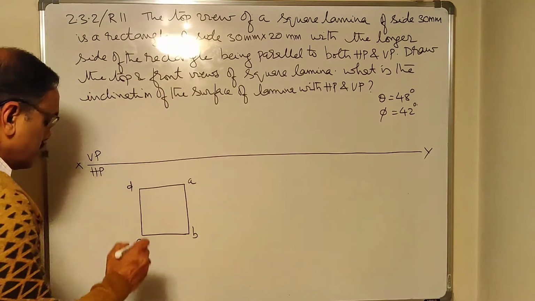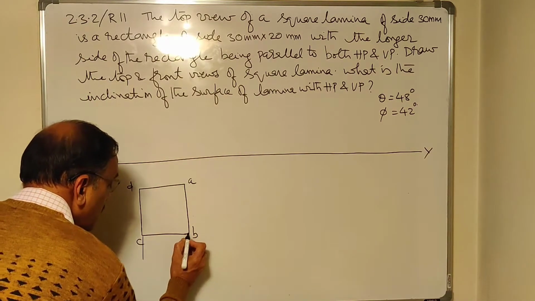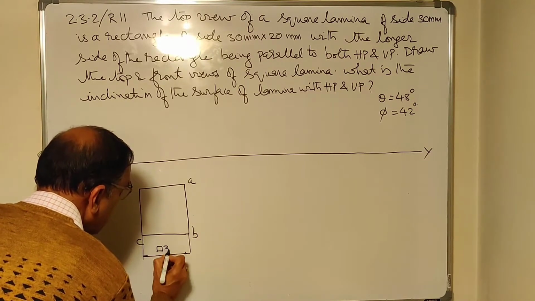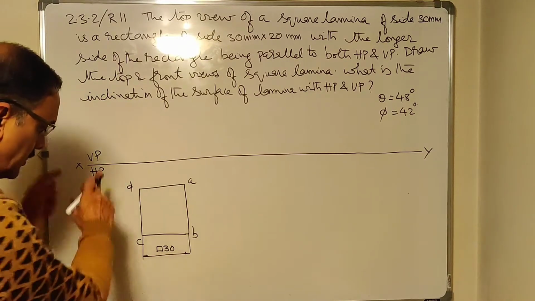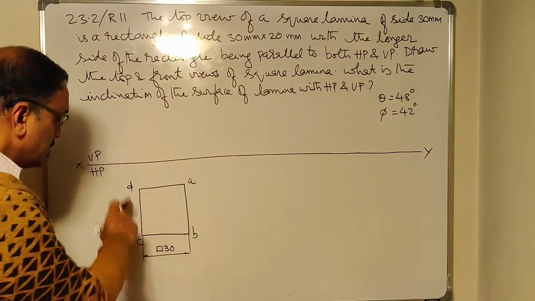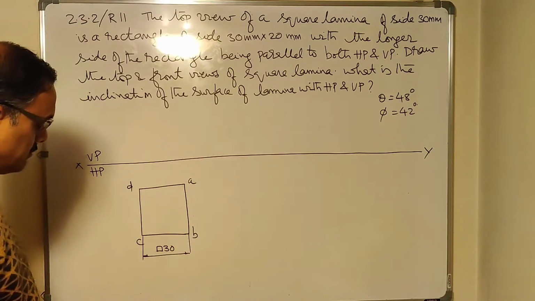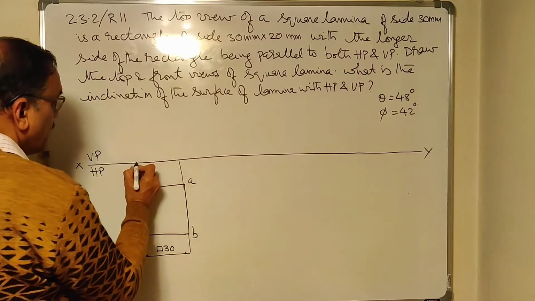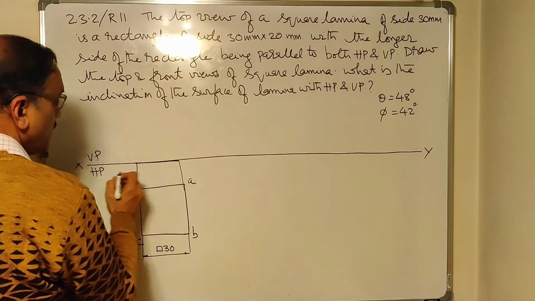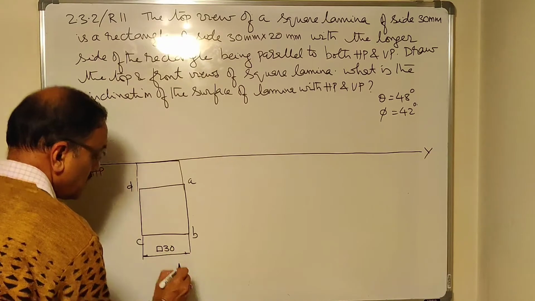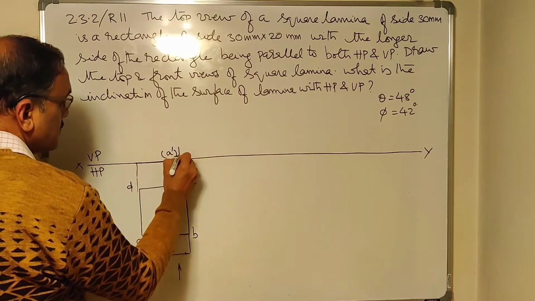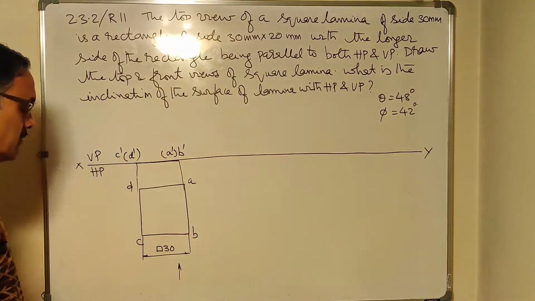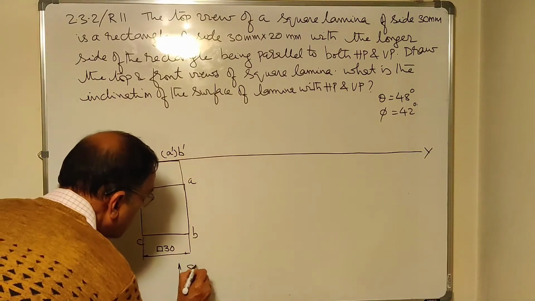Okay. So dimension the square, you know how to dimension. We will write it as square 30. Diagonals need not be drawn, but this should be drawn dark. The front view appears to be a line, and the line appears on XY line. So this is the position of observer. So A dash in brackets, B dash outside, C dash, D dash in brackets. Done. So this is SP1, simple position 1.